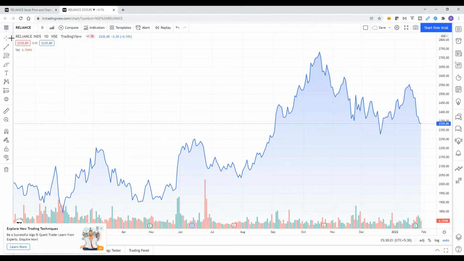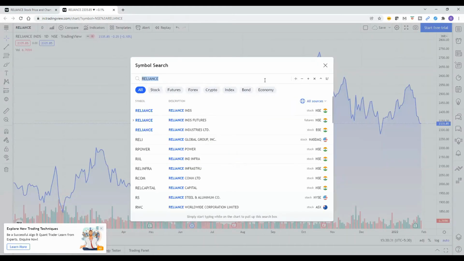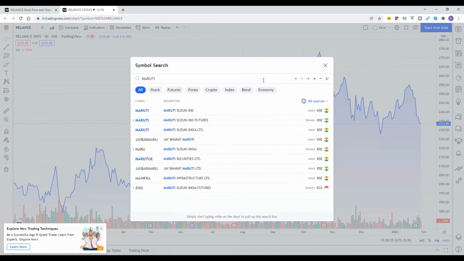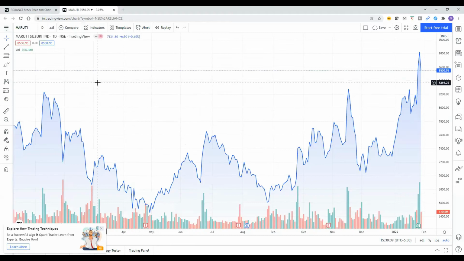Now, next to the 3 lines, this is where you can see search symbol. Here we have given Reliance and something. If you want to search, I can search here itself. See Maruti, I want to search Maruti, it comes like this, right?